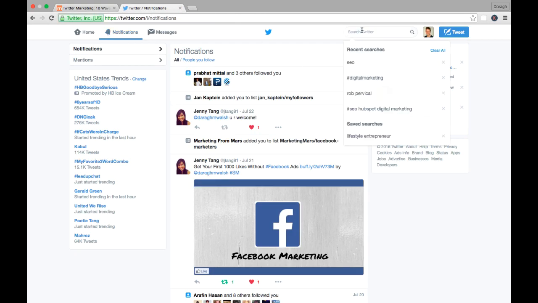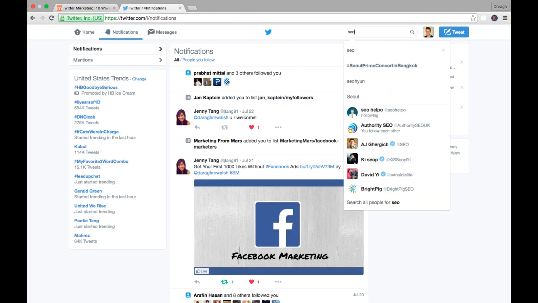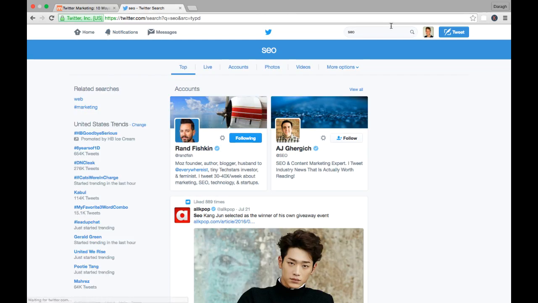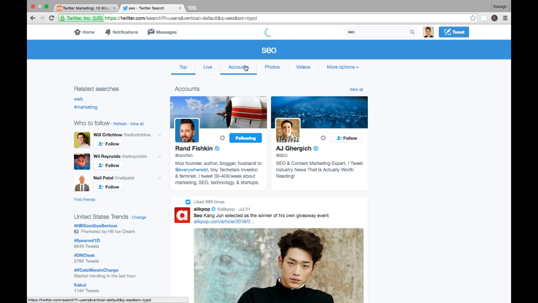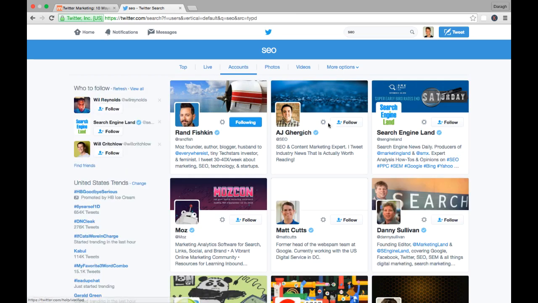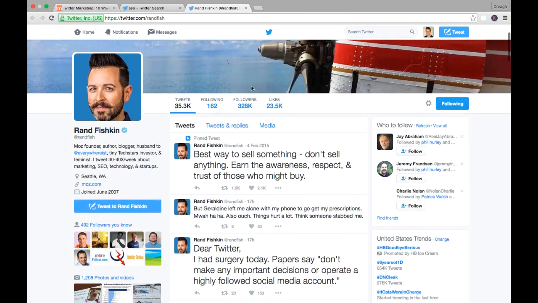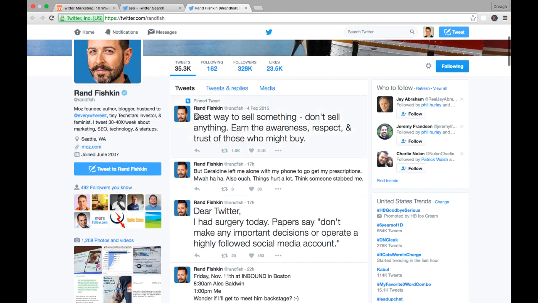So an easy way to find those influencers is simply typing in one of your keywords and coming back to the accounts and making sure you follow these key people here. Now, what you can do as well is actually come into each of these profiles and start to browse these people. See what is the type of content that they post that gets a lot of